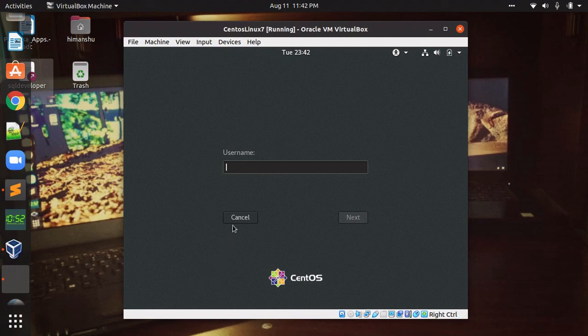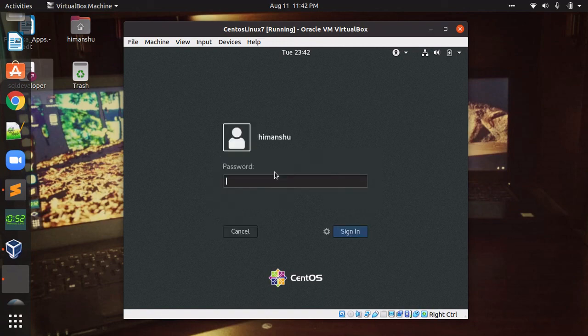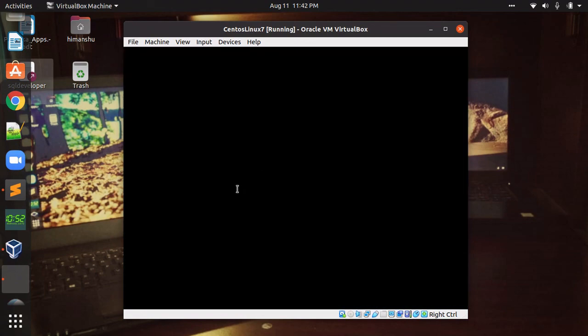By default it will not show root on the login screen; you have to specifically mention that. Right now I will log in with the Himanshu user, enter the password and click enter, and that will log into your CentOS Linux system.